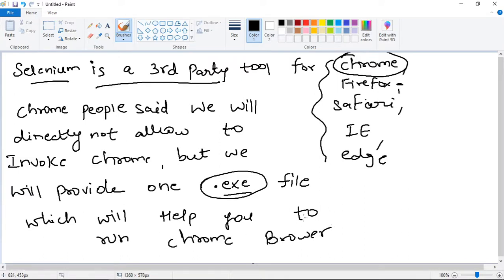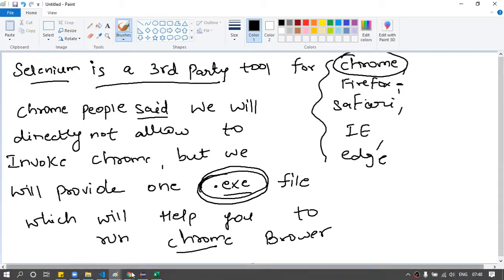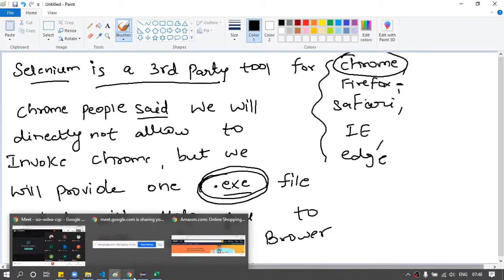Like if I talk about Firefox, the people who have developed Firefox have said that we will not directly allow you to invoke the browser, but we will provide one .exe file which will help you to run your Firefox browser. So basically, we have to first get this .exe file, right? Then only we can launch our Chrome browser, right? As we are talking about Chrome only as of now, so basically for the Chrome browser, let me,